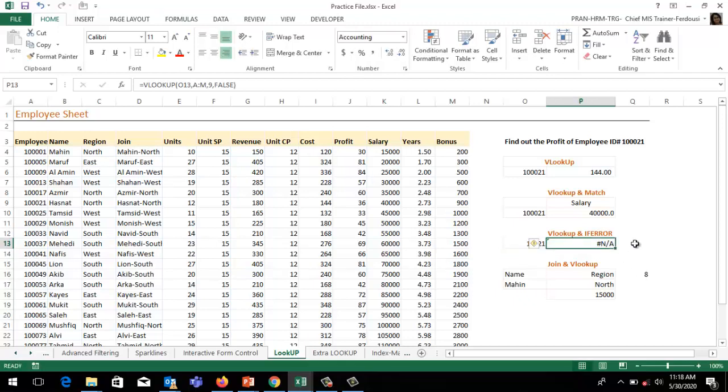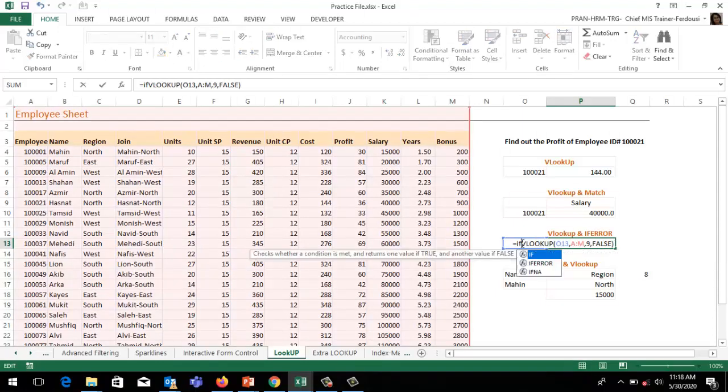In that case we can use the error function. IFERROR, that means if the result is an error, we can show any message, like use inverted commas: not found.